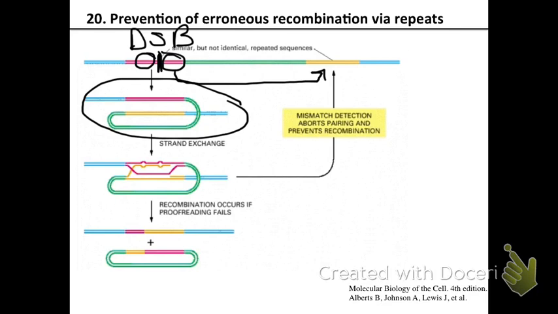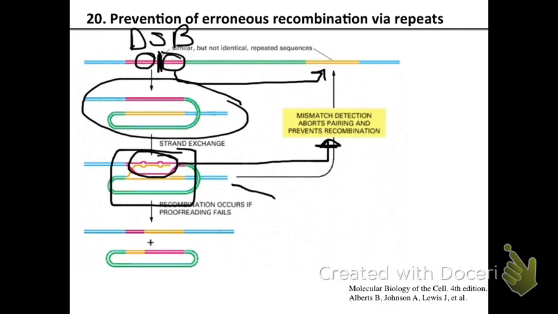And if the ends invade the other repeat, sometimes because the sequences are not exactly the same, you're going to have mismatches, right? And these mismatches will abort the pairing and prevent recombination, because recombination proteins look for perfect homology. And when there is not perfect homology, they'll say something is wrong, let's just give up, okay? But sometimes they won't say that because either the pairing is perfect or that there is some error. So what will happen is then you're going to recombine